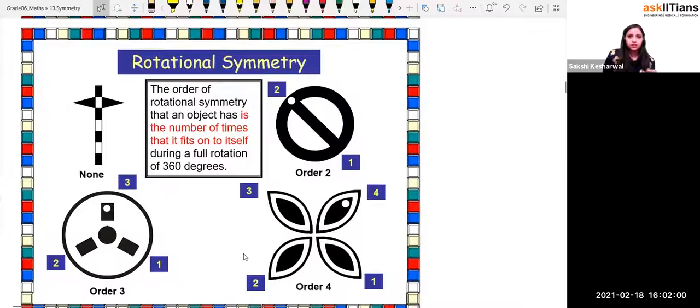Okay, now see, it's like 1 2 3 4. Now it will be like 2 1 2 3 4. Then it will be 3 3 4 2 1. This is the way you are going to rotate, and you will get 4 orders of symmetry, right?